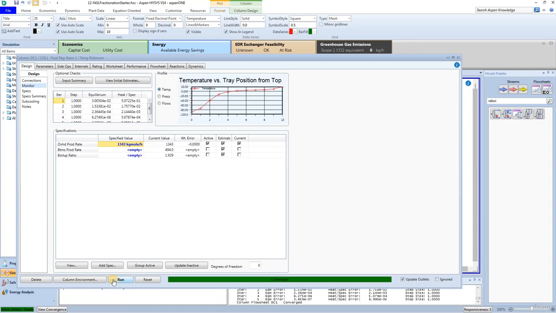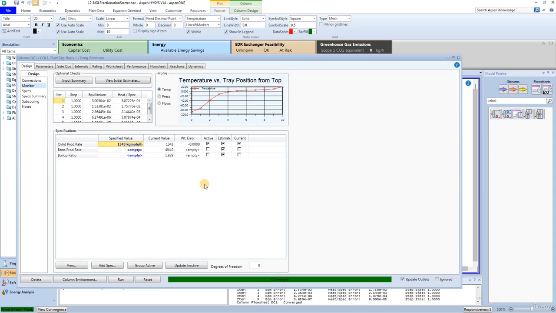Once a column model calculates and converges, you can access and review results from a variety of different locations. We will consider three common result reporting options. The first option, Design Monitor Form. The listing of currently loaded specifications, whether they are set as active or not, always display the current value of any listed variable. That characteristic makes the monitor form a quick, easy, but not necessarily in-depth form to use for